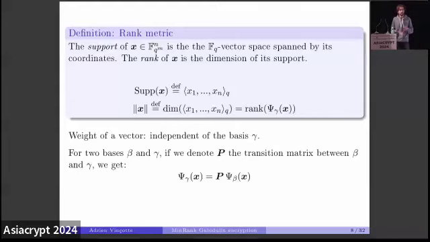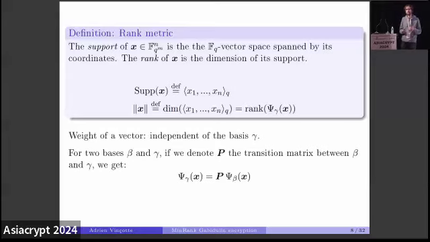So it allows us to define the rank metric. We will call the support of a vector the F_q vector space spanned by its coordinates, which live in F_{q^m}. The rank weight of x is equal to the dimension of the support, and it is also equal to the rank of the matrix psi_gamma of x. Of course, the rank of a vector does not depend on the basis gamma,